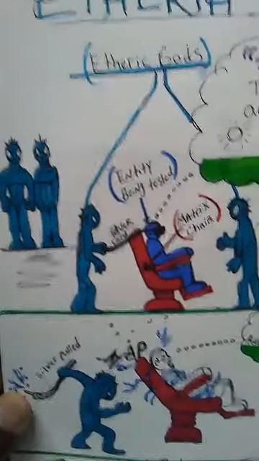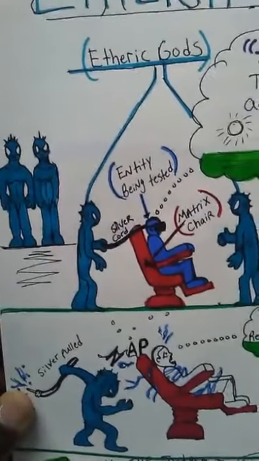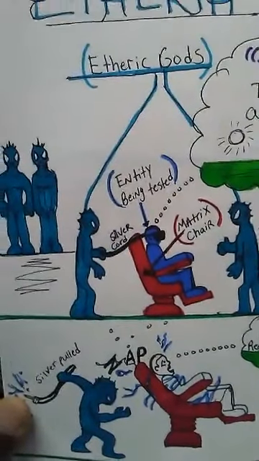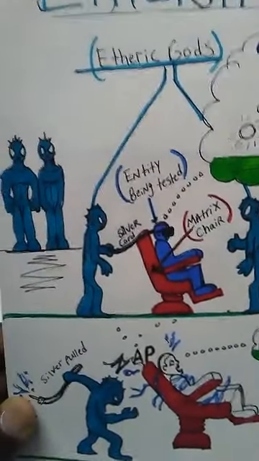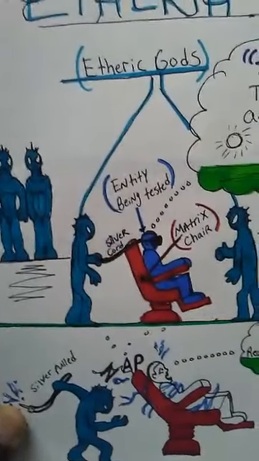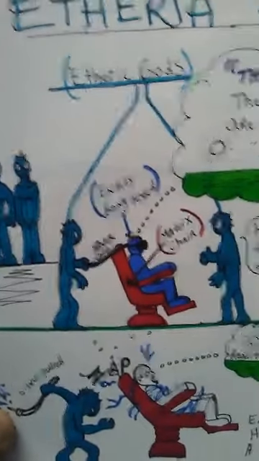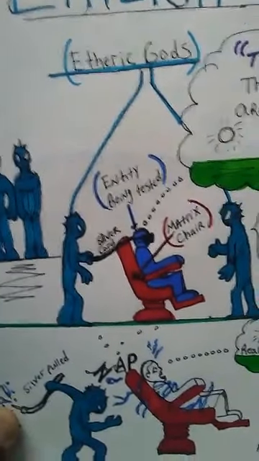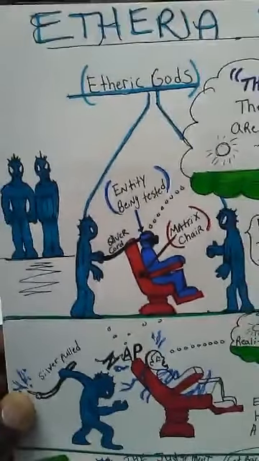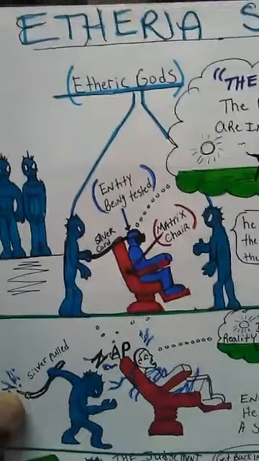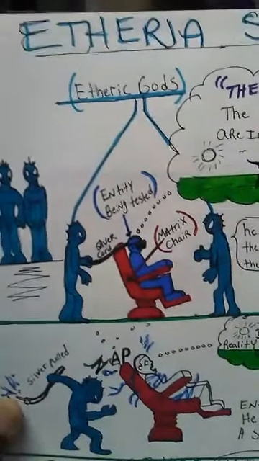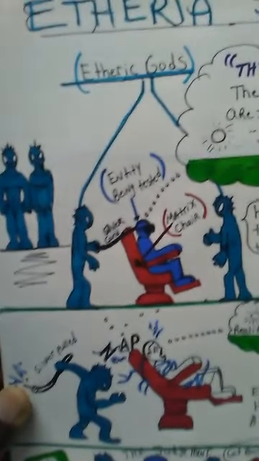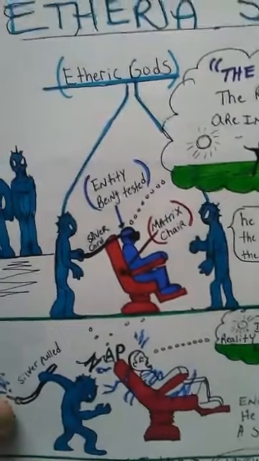If you want to call these angels, divine beings, divine judges, celestial powers, star bodies, whatever you want to call them, I call them etheric gods. Some may call them angelic beings, however you want to do it. But these are supernatural gods, etheric gods, the blue ones, the ones you see in the blue. These are known as etheric gods. Now, what these etheric gods put us through, they put us through what you call a test.